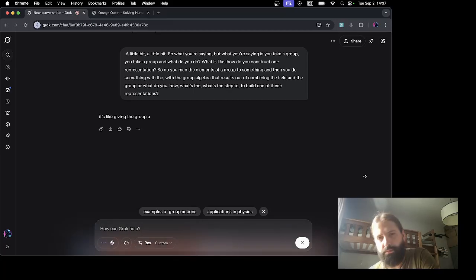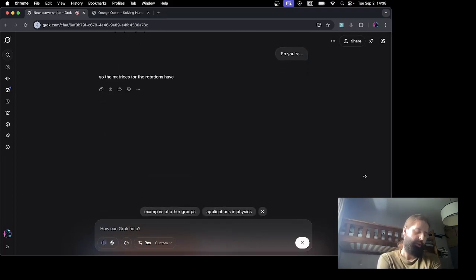Now, for each group element in C3, assign a 2 by 2 matrix that represents its action as a linear transformation on R². For example, the do nothing element, identity, gets the identity matrix, which leaves vectors unchanged. The 120-degree rotation gets a matrix that rotates any vector in R² by 120 degrees. The 240-degree rotation gets a matrix for a 240-degree rotation. The trick is ensuring that combining group elements, like doing one rotation then another, matches the result of multiplying their matrices. For C3,